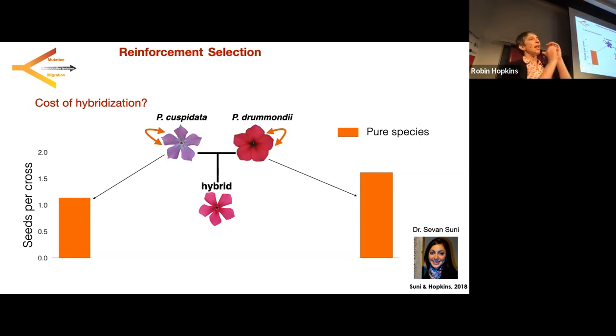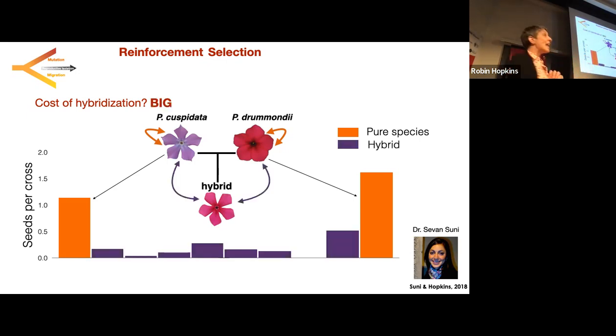Now she can also take the hybrids and backcross them to the parents and then cross them to each other to look at the fertility, both in pollen and ovule fertility, of those hybrids. And it turns out it's really, really low. So depending on how you make the hybrid and who you backcross it to, that sterility, or loss of fertility, and incompatibility is incredibly high.